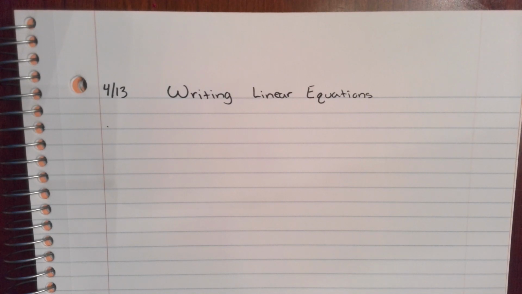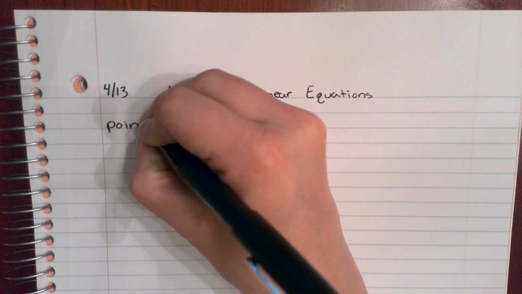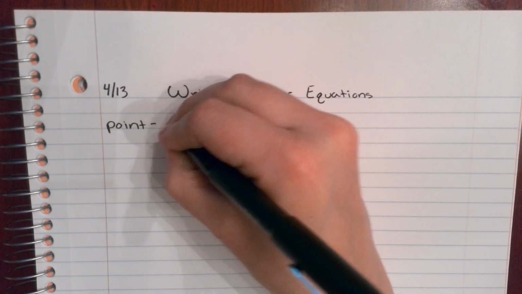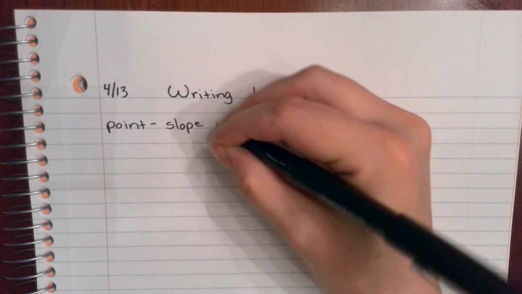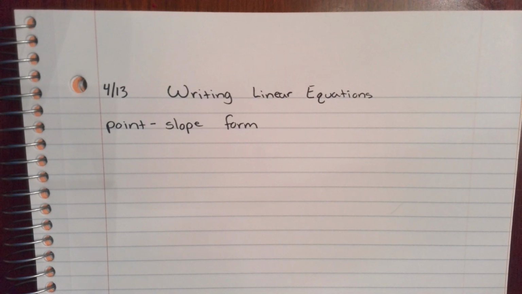Hey guys, today we're going to be talking about how to write linear equations with a different format. So last week we talked mainly about standard form and slope-intercept form. Today we're going to focus on a new format that is called point-slope form. So sometimes you are given a point and a slope, and then you have to be able to write the